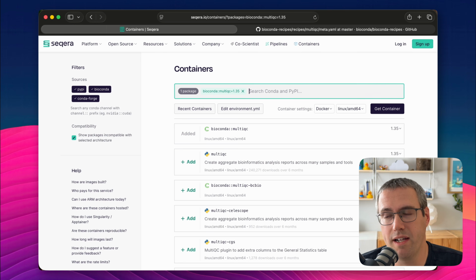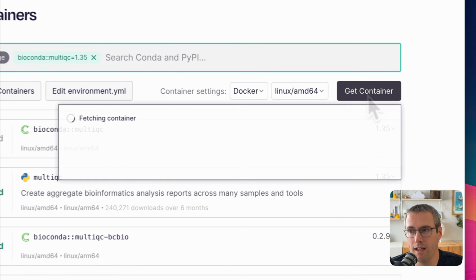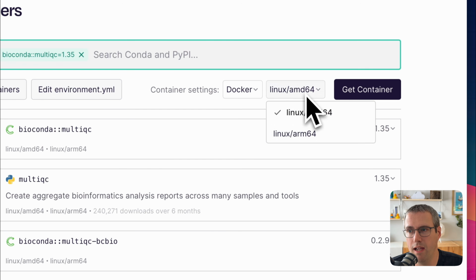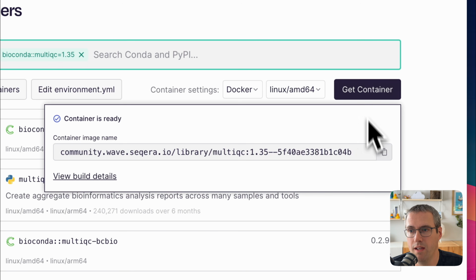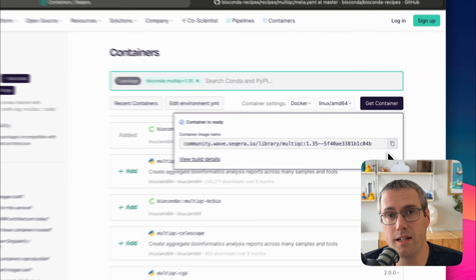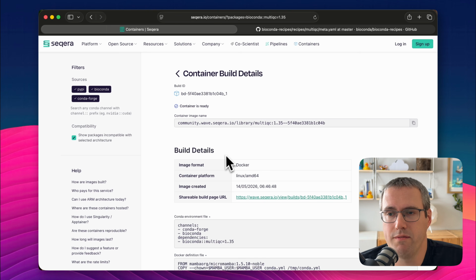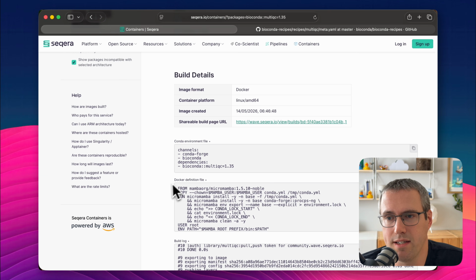I can keep adding other packages here. I can add as many as I like. And when I'm happy, I click Get Container. Now I can choose to have it as Docker or Singularity, AMD or ARM64. That's great. It has immediately given me the URL for the Docker image because someone else has already previously requested it. And if I go and look at this build details page, you can see exactly what's happened here,